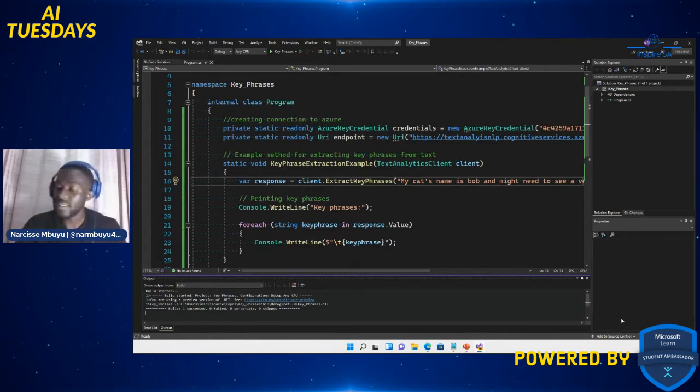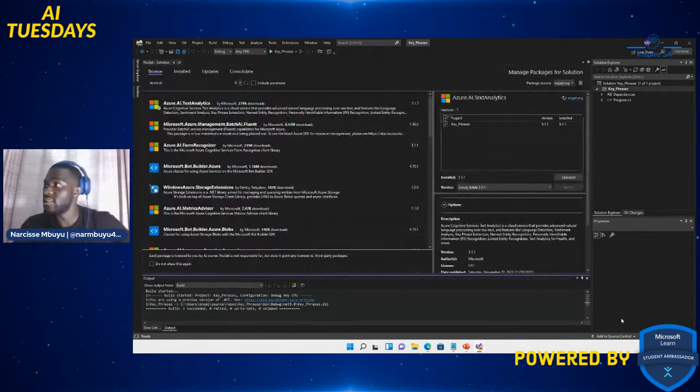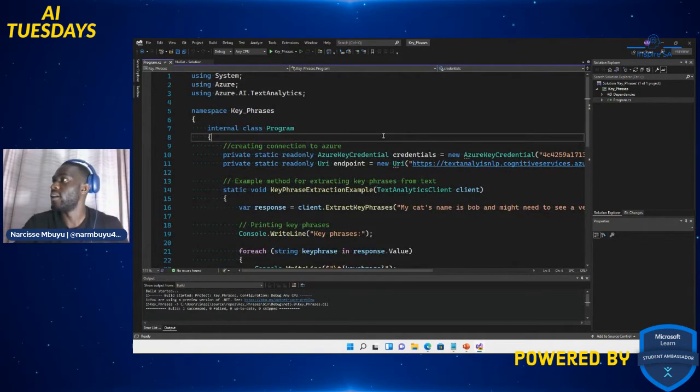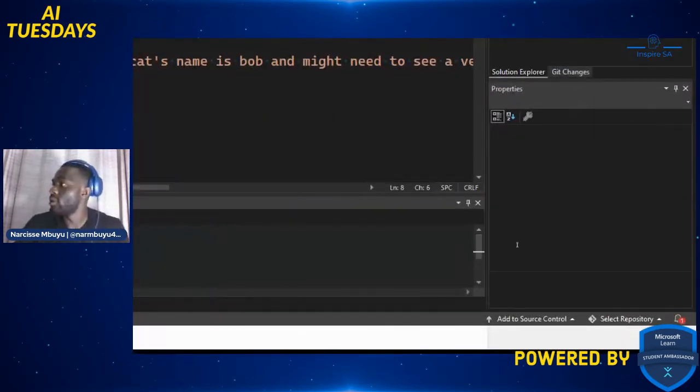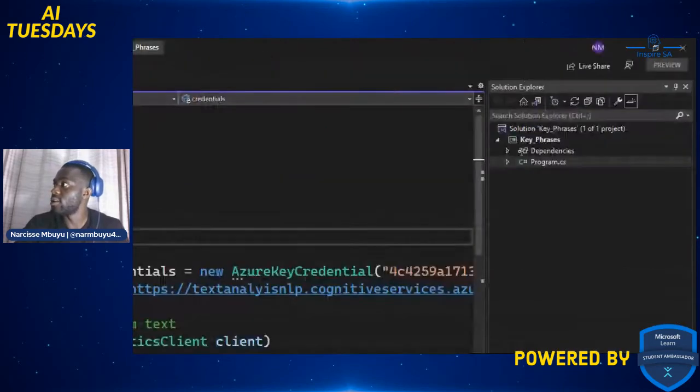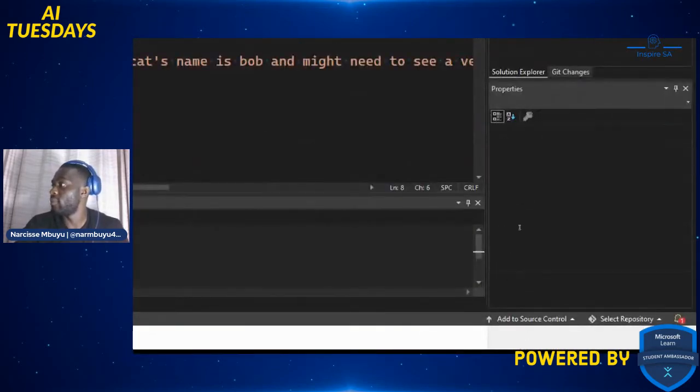And now the next thing that I'm going to do is, where's my program? Okay, yeah. So now the next thing I'm going to do is upload the program to Azure. Now on .NET and Azure Friday, we spoke about uploading the documents to Azure, right? So I can do it within Visual Studio. All I need to say is add to source control.